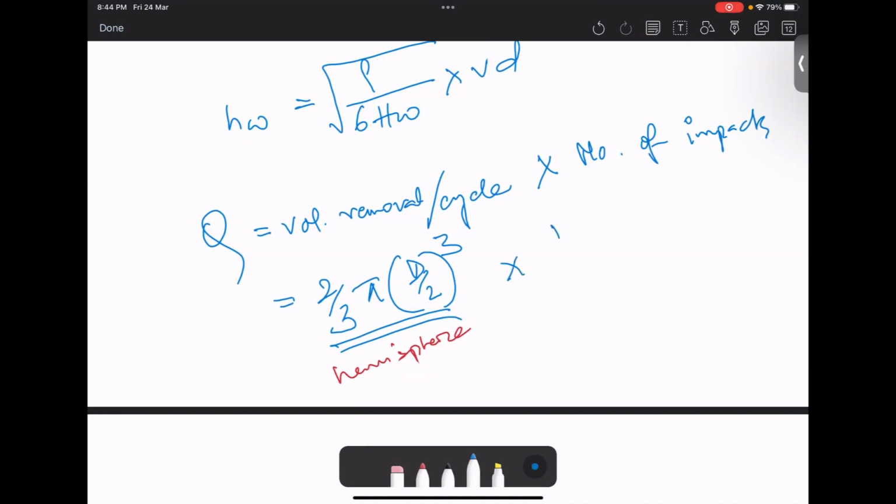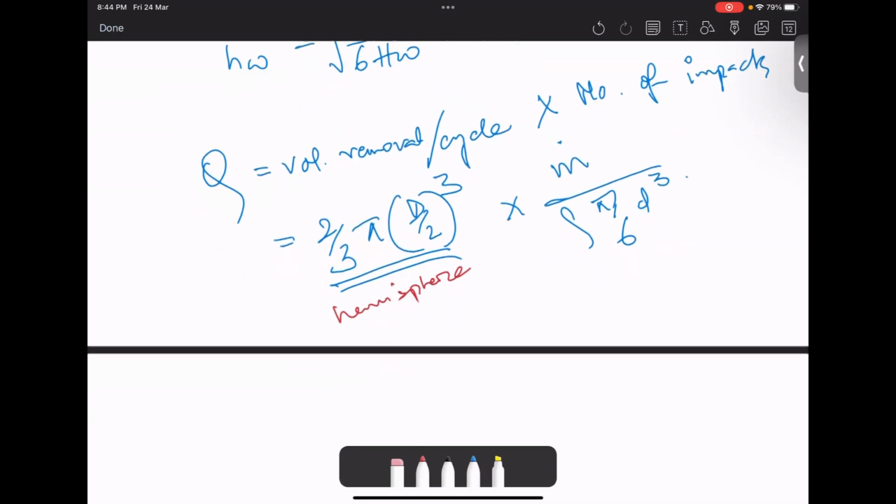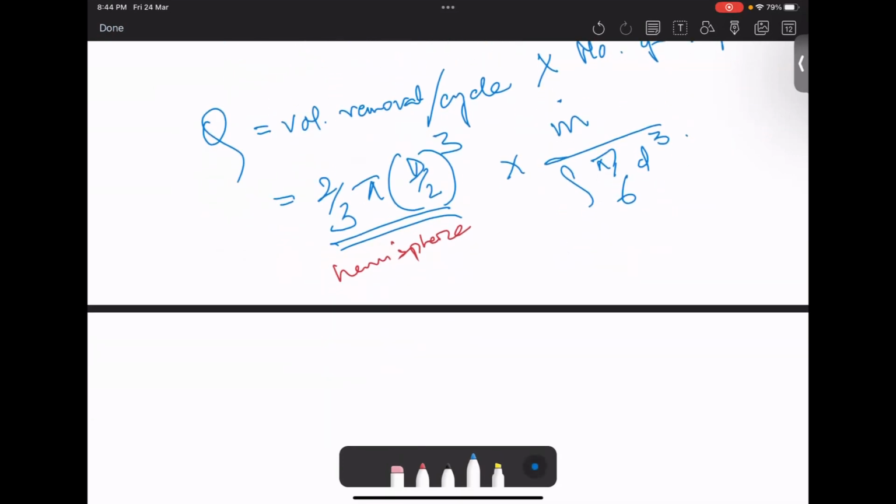Okay, and the number of impacts can be given by the ratio of mass flow rate to the mass of a grain. Okay, so that is for grains. All right. Now, once that is done, you find out that your Q is finally becoming